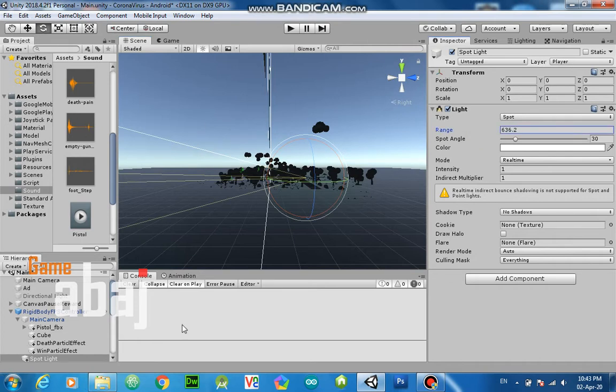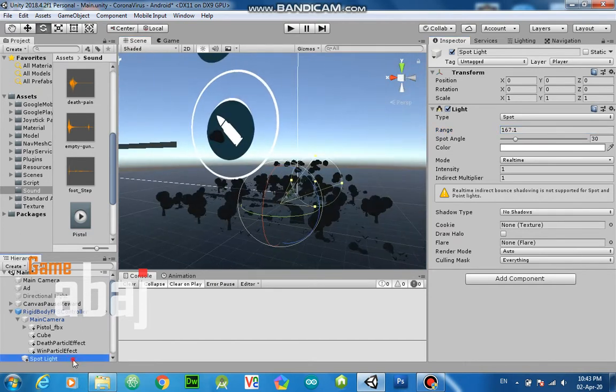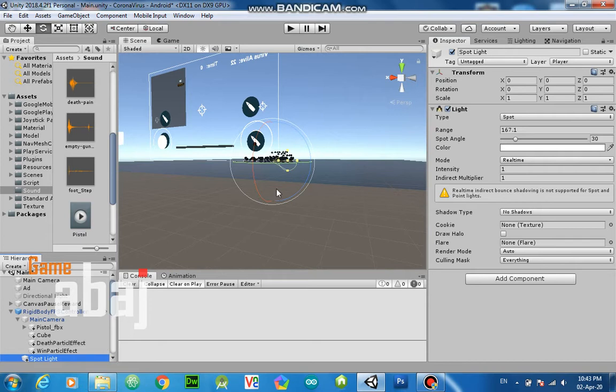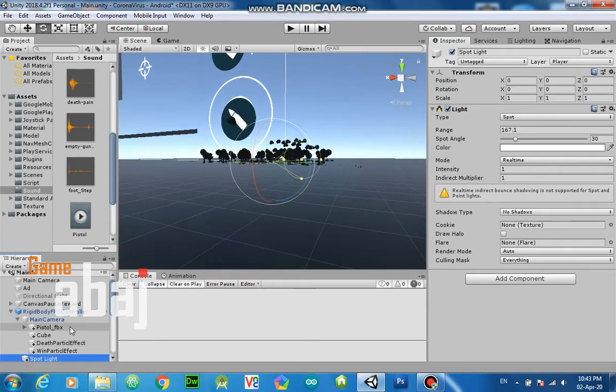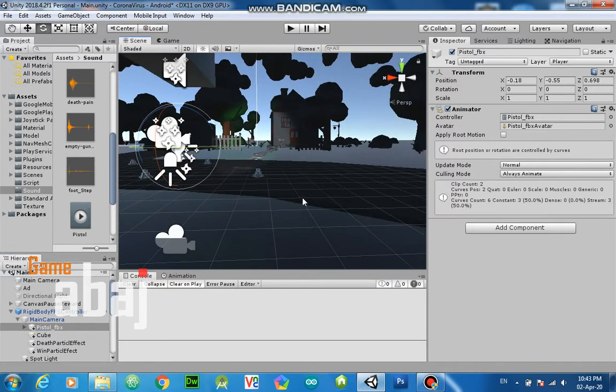Make it smaller. Yes, this long is what I require. Now let me go to my character and see how the scene looks.